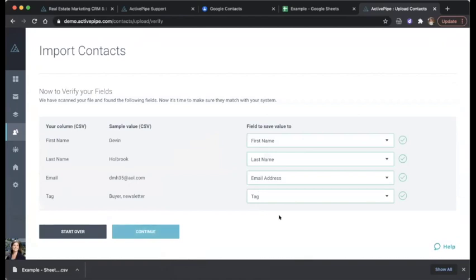And this is where that matching comes about from labeling each column. So our system, these are last names, this is email address, and then it's also tag. Other fields, like for example, maybe you put in,